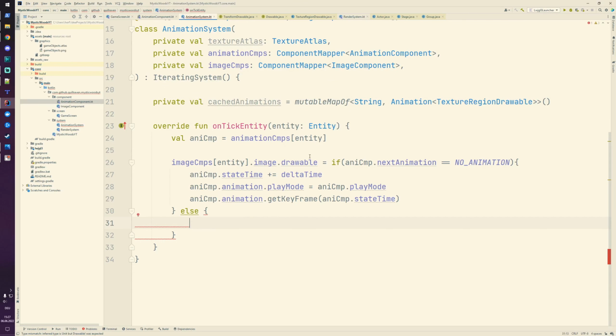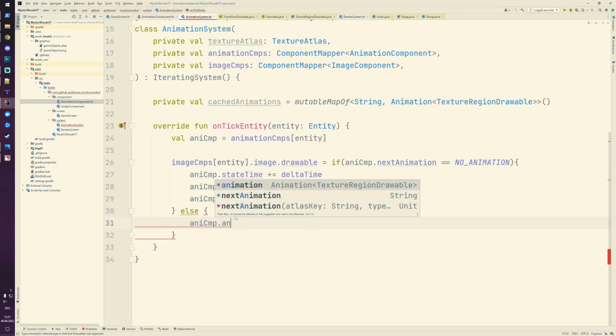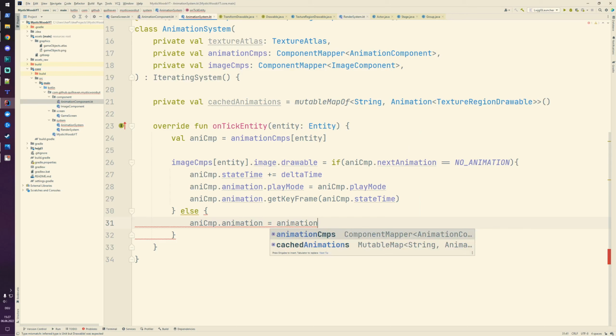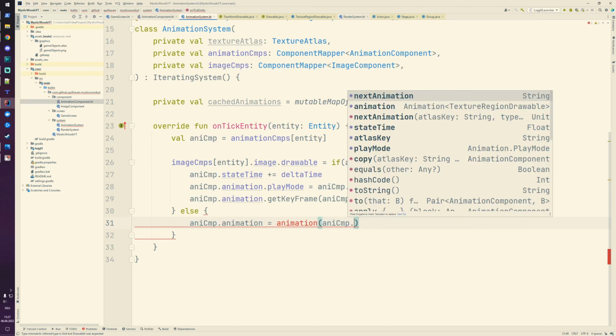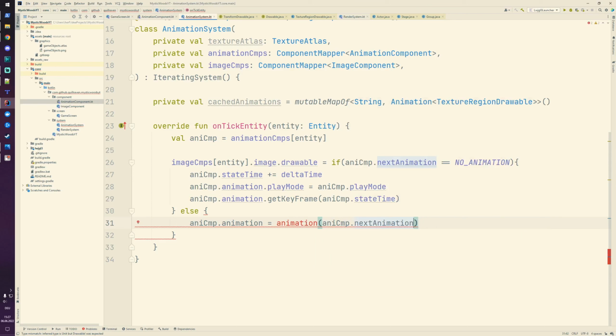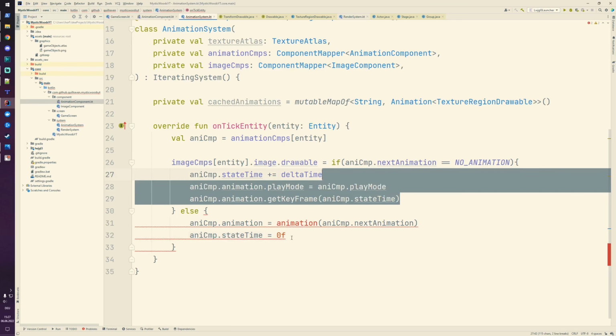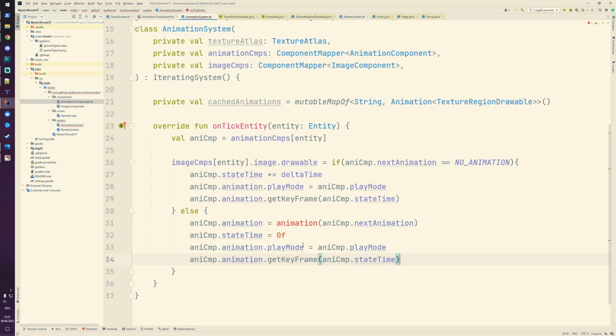Okay, and what we want to do now, so here we know that we want to have a specific animation. So what we do, we get this animation. So from our animation component, we are going to set that with a new function, and there we pass in this next animation key. Then the next thing that we're going to do is that we clear the state time because we start a new animation. And other than that, we simply do the same things as we did above. So we set the play mode of this new animation and we return the keyframe,